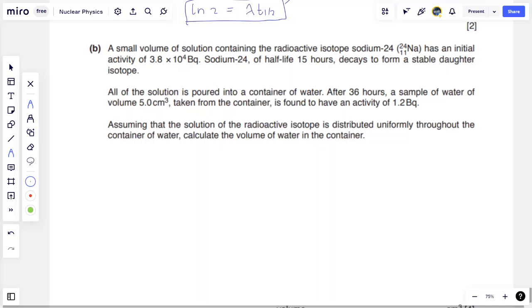Half-life of sodium-24 is 15 hours, and this happens to form a stable daughter isotope. This solution is poured into a container of water, and after 36 hours, a sample of water, which has a volume of 5 cubic centimeters, is taken and found to have an activity of 1.2 becquerel, which is a significant drop. Assuming that the solution of the radioactive isotope is distributed uniformly throughout the container of water, calculate the volume of